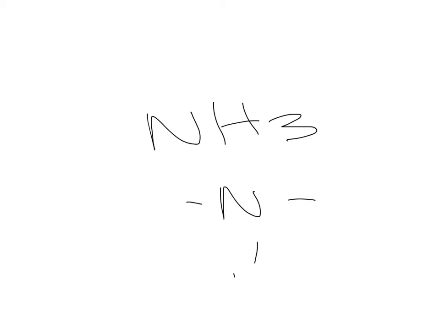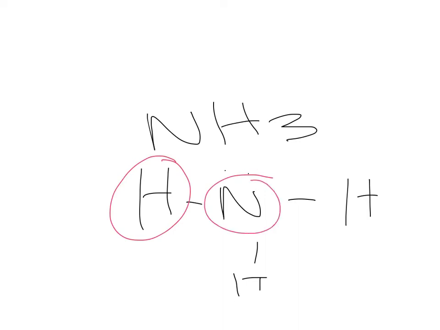So let's look at NH3. For NH3, we know that nitrogen is a nonmetal. We know that hydrogen is also a nonmetal. So I have a nonmetal and a nonmetal. So immediately that should indicate we have some type of covalent compound or molecular compound. This isn't one of the network solids that I had you memorize, so that means that it must be a